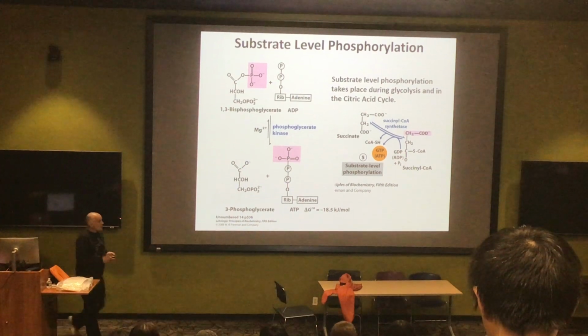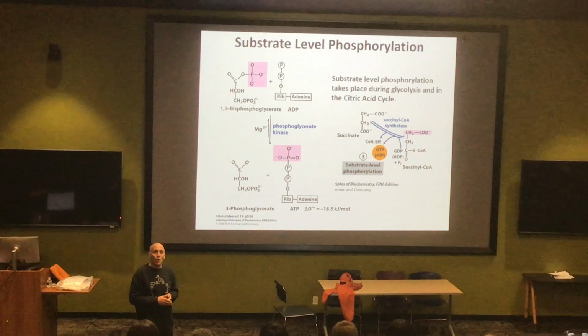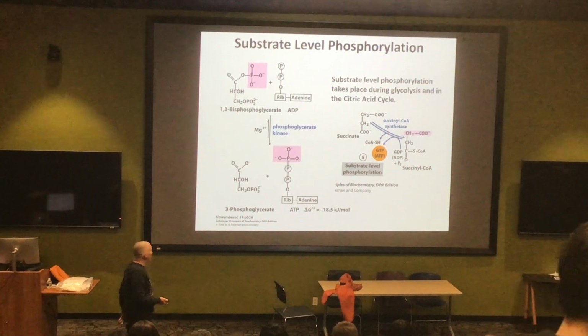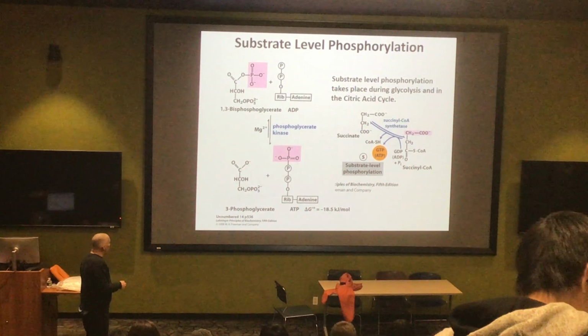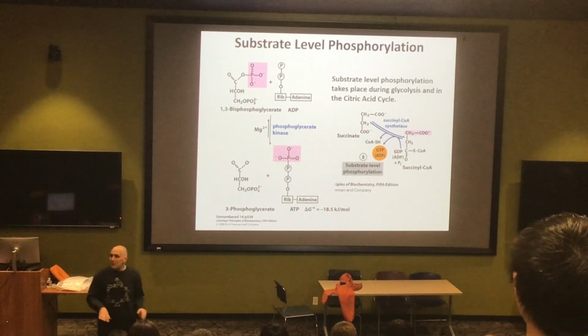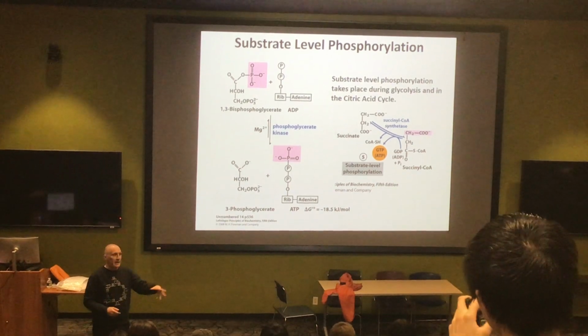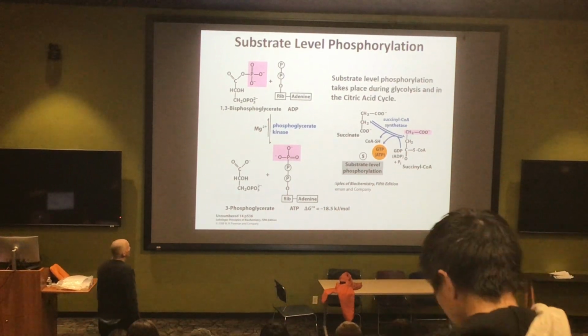So far, we have made some ATP by a process known as substrate-level phosphorylation. We did that both in glycolysis and in the citric acid cycle. Even though the enzymes were different and the pathways slightly different in terms of which enzyme was handling which step, the process was effectively the same.